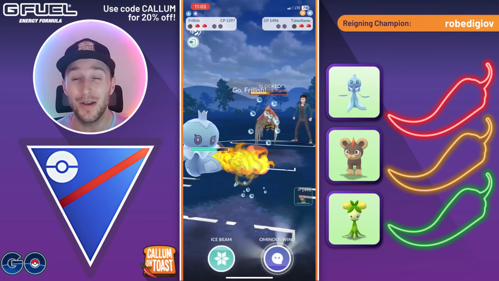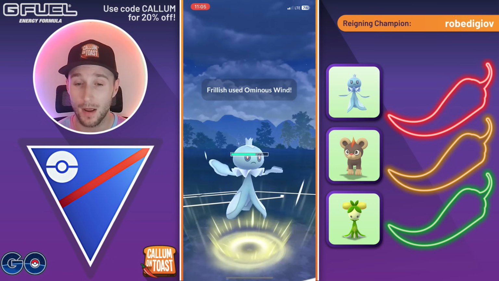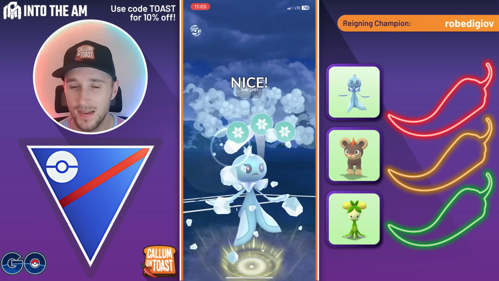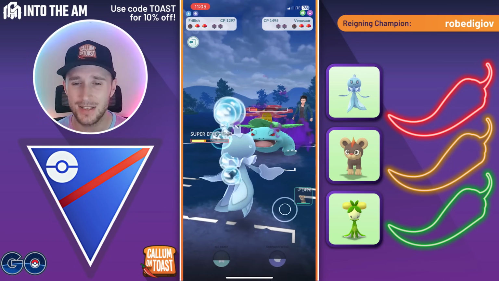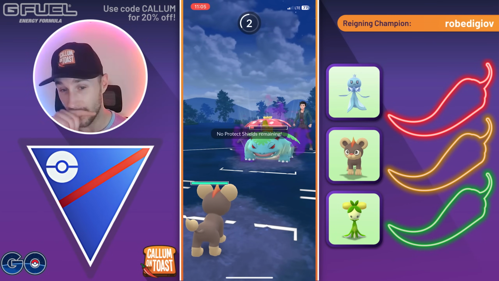We grab a shield and we also drop the defense, so very nice there. We can now go for an Ominous Wind, probably going to grab, actually no, never mind, they've got no shields remaining, but they're going to swap into Venusaur, and this is game over. We can just go for an Ice Beam, dealing huge damage, and we can swap into our Litleo. Well, we probably should have just swapped straight away there, to be honest, but the opponent going to go for